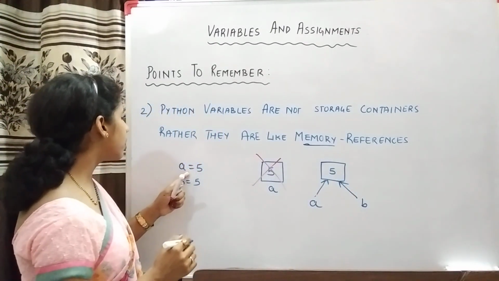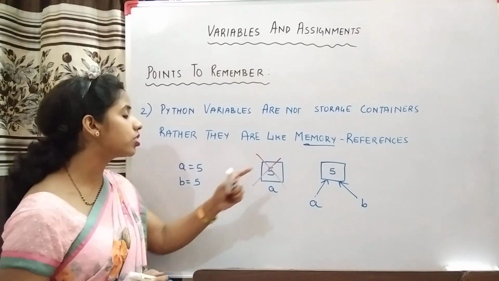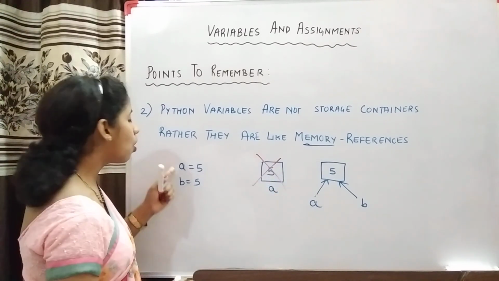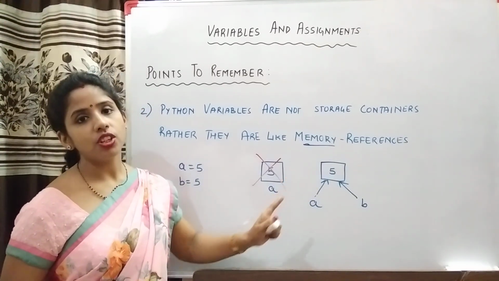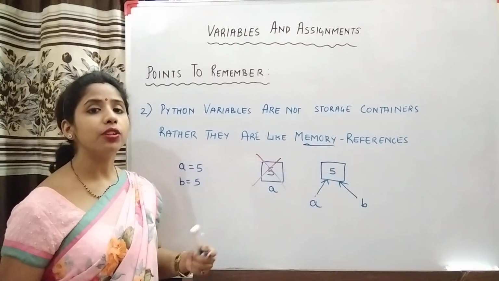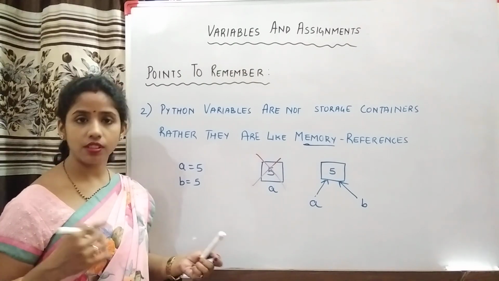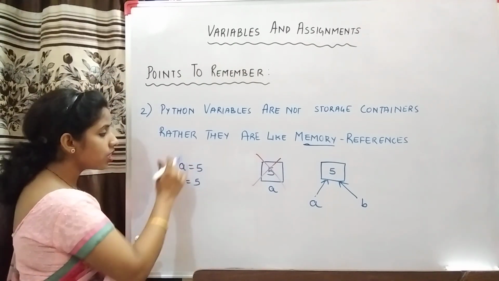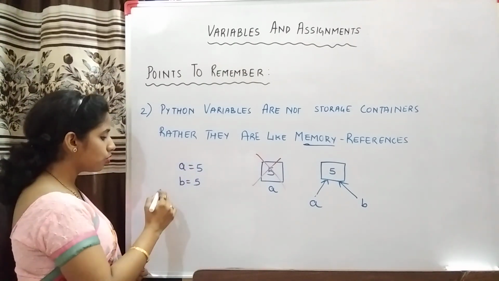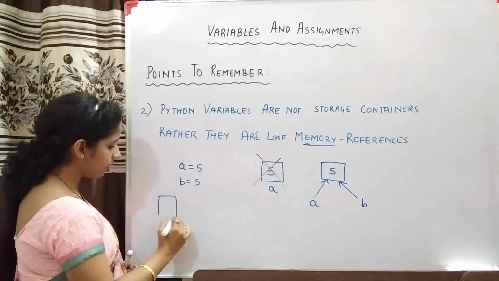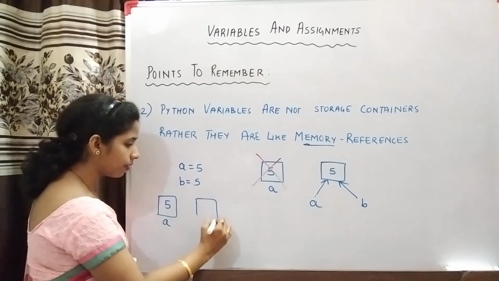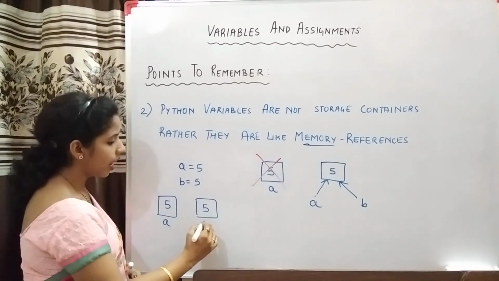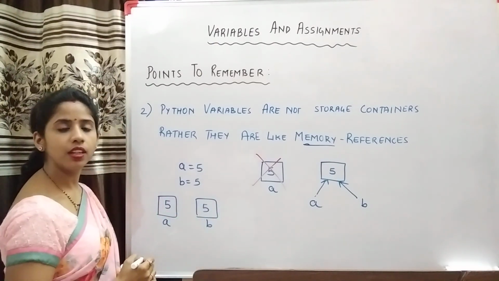So no matter how many variables you create which are storing the value 5, all those variables will be pointing to the same location where the value 5 is stored. But you know what used to happen in the case of other languages? If these were the two statements, then there would be a 5 and the name of that location is a, then another 5, and the name of this location is b. So you can see